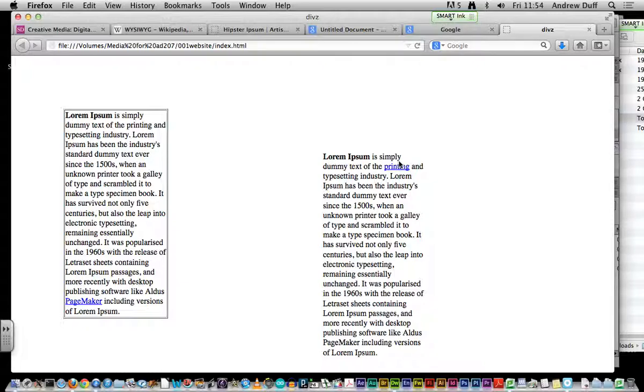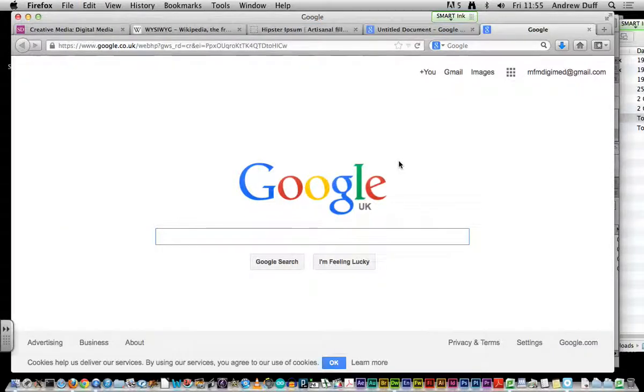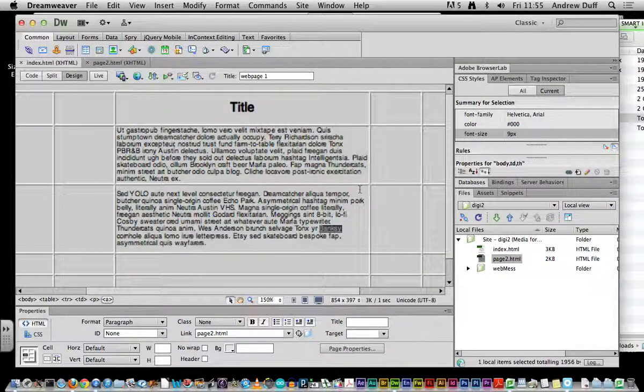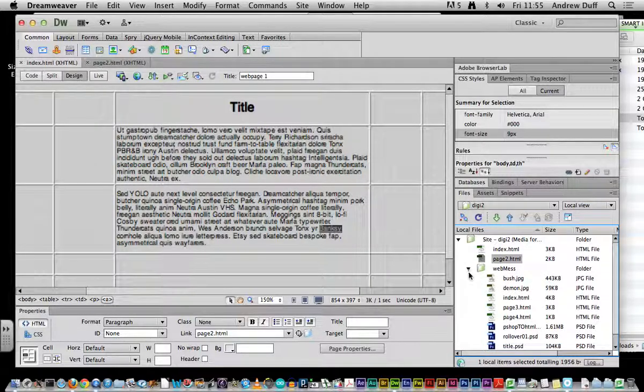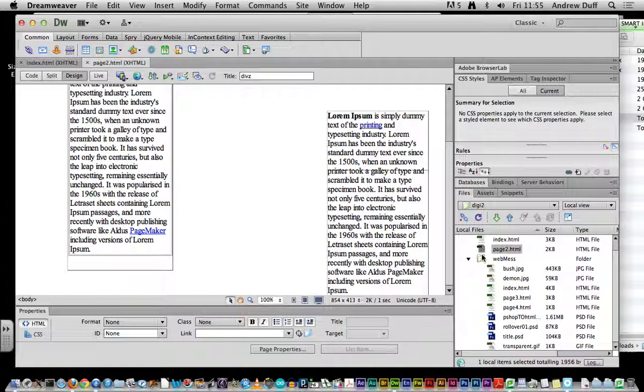Does it work over here? Well done. So you've made a page that links to another page. How does that feel? It's amazing. Okay, so if you just double click page 2 then in Dreamweaver,